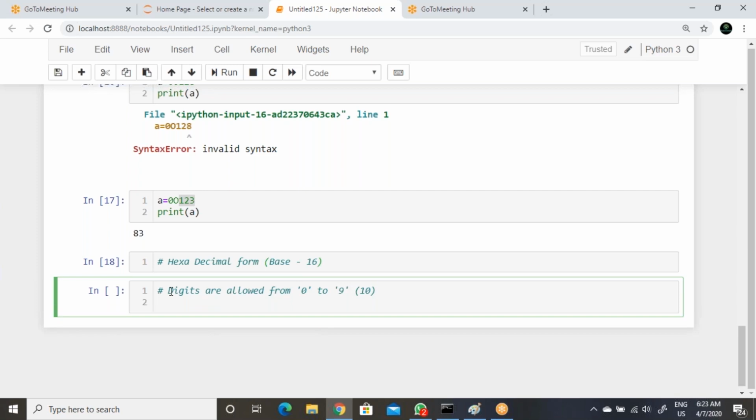So a total of 16 values are allowed in hexadecimal form. Along with that, we need to use the prefix 0 small x or 0 capital X in front of the value.